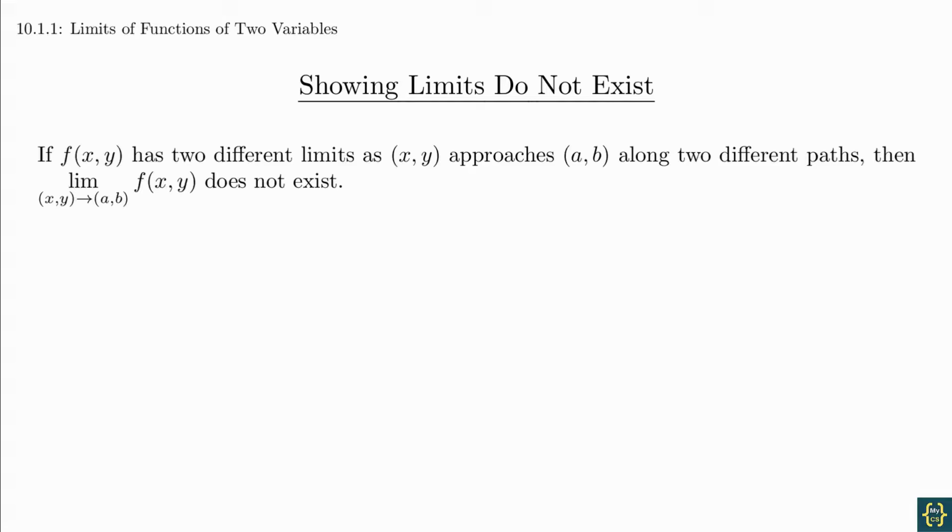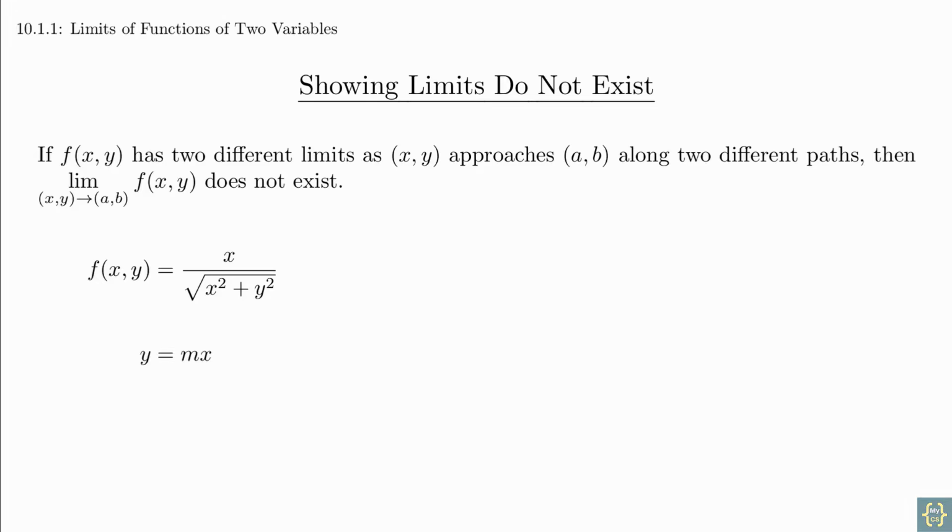The power of the limit concept is that it is so stringent. This makes it somewhat easy for us to show that limits do not exist. All we need to do is identify 2 paths towards the same point that evaluate to different limits. In practice, you would need to write down some sort of function that defines a path towards the limit and then substitute. Activity 10.1.2 uses the function f(x, y) equals x over the square root of x squared plus